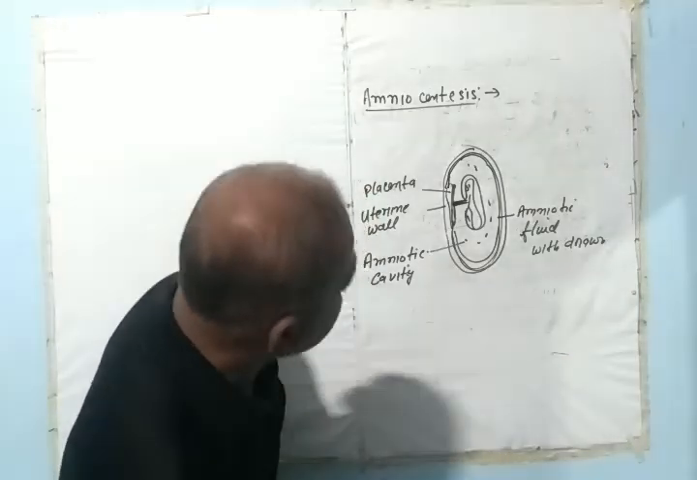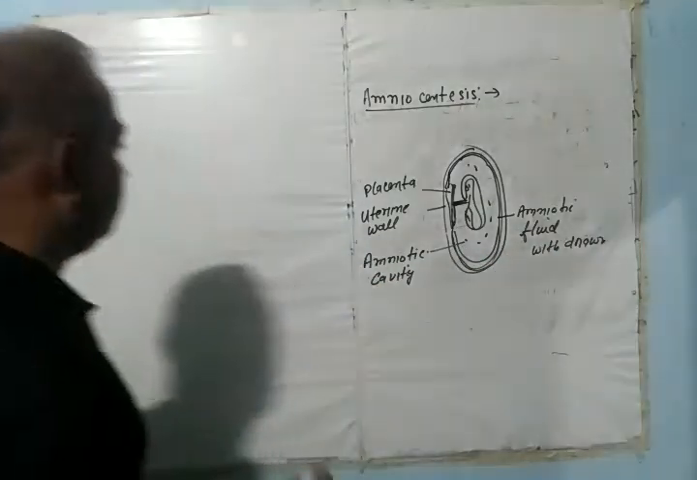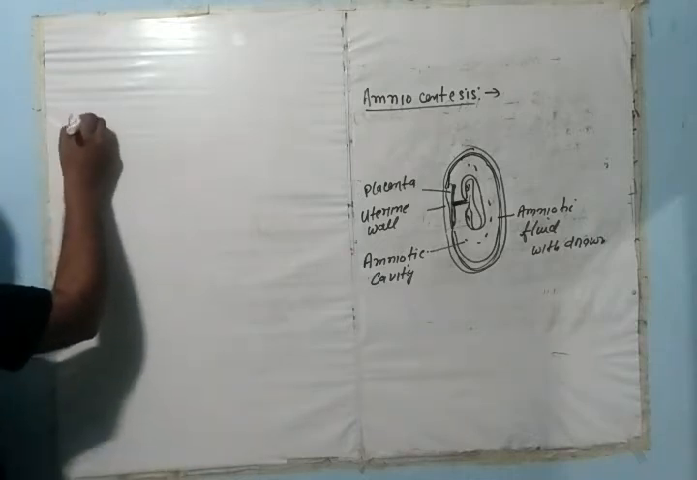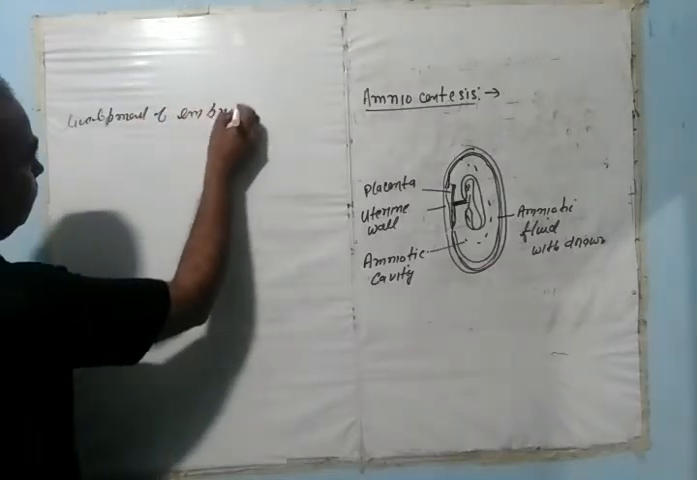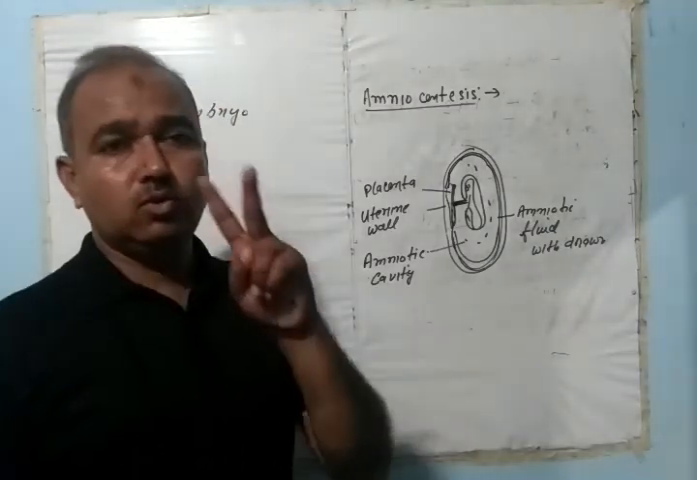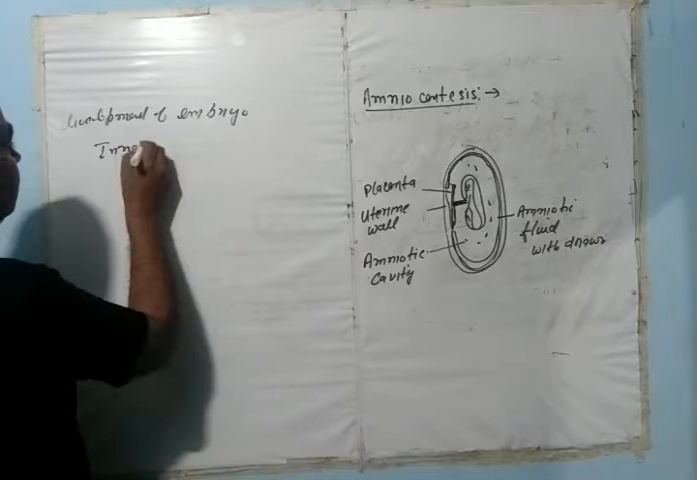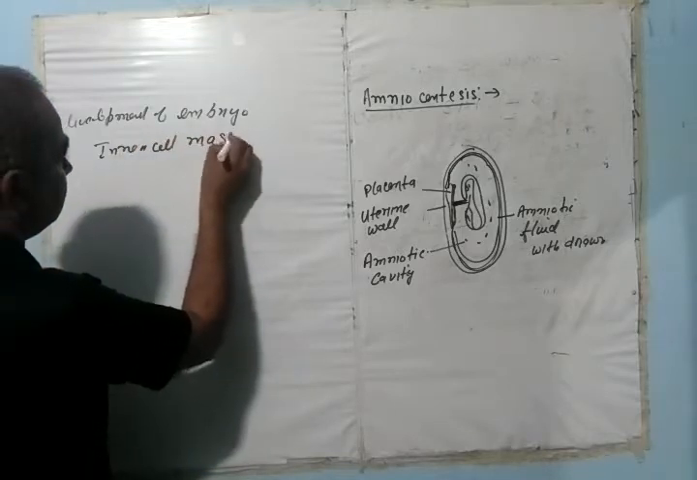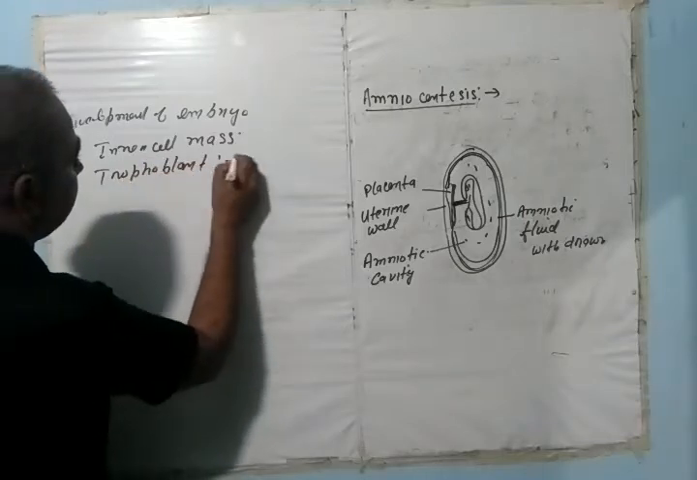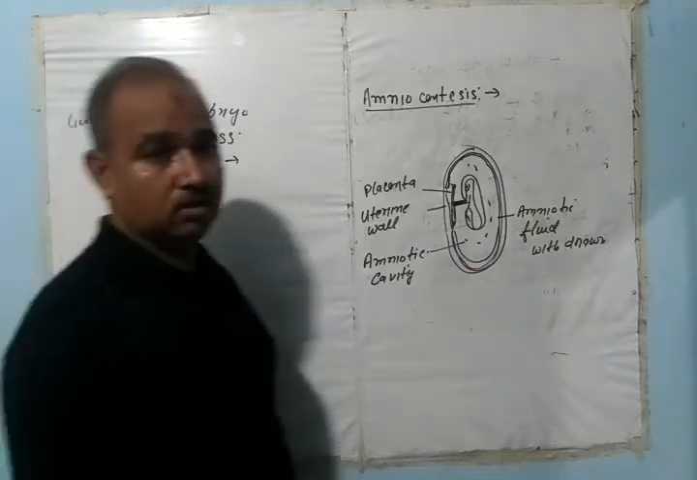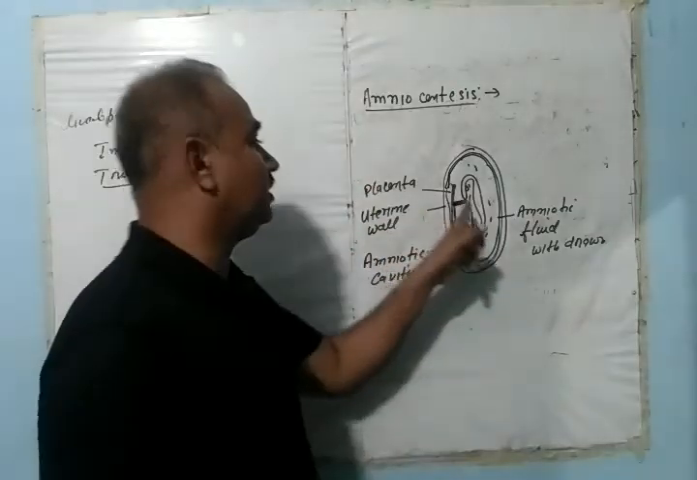First, we need to know what amniotic fluid is. When you discuss the development of the embryo, we find there are two types of cells. One is the inner cell mass, another is the trophoblast layer or trophoblast cell. You know that the inner cell mass is responsible for the development of the developing child or the embryo,